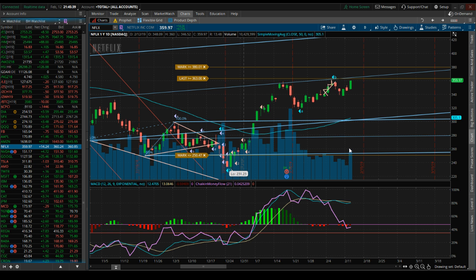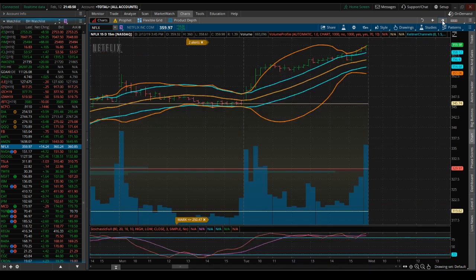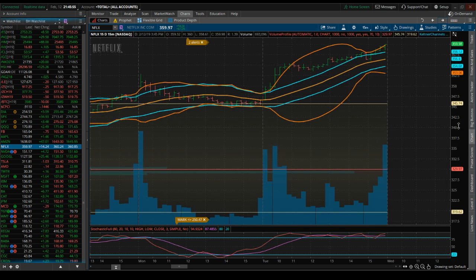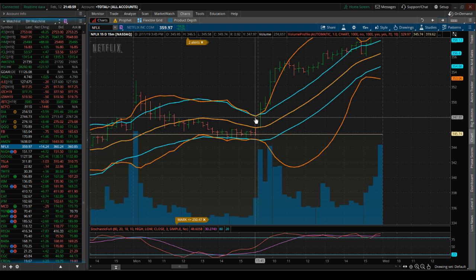So, this Chaikin money flow is really good. If you started messing around with the Keltner and the Bollinger Band too, that is a pretty cool setup. I was looking at that today. I mean, just pretty incredible stuff. If you use it on the 15, you can kind of see here on Netflix, right? So that Keltner came in yesterday, right? The Bollinger Band and the Keltner both compressed, and once that Bollinger Band goes into the Keltner channel, right,